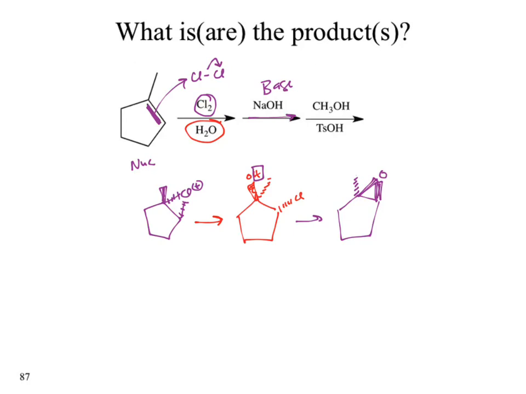We've got a strong acid. TsOH is effectively H2SO4. What's the most reactive thing? Our H2SO4 protonates. Now what happens? We have a great leaving group. I need to find a nucleophile. Where's my nucleophile? I don't accept CH3OH. The oxygen will come in and attack which position? The more or the less substituted? The more substituted because